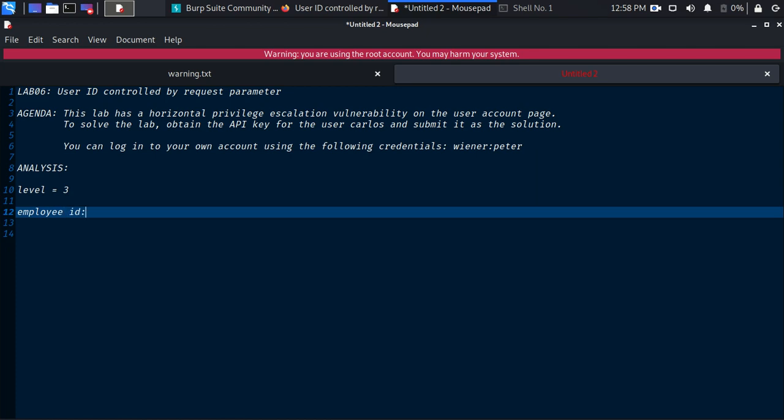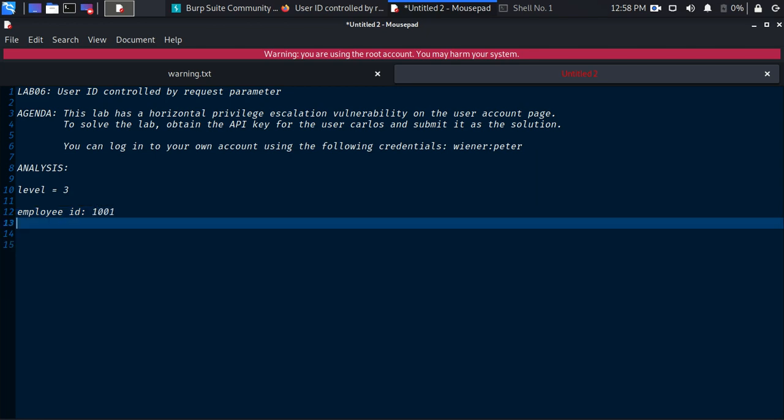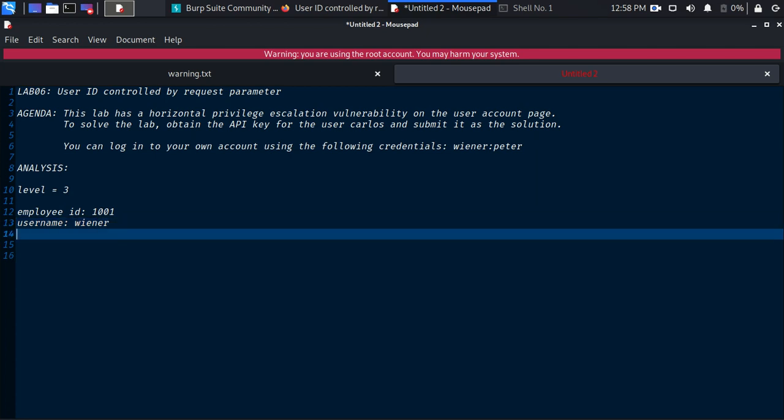Okay, so when you log into your page, you will see your employee ID. You can see the username, okay, my username is Wiener, and you can also see your email, like wiener@user.com, right?